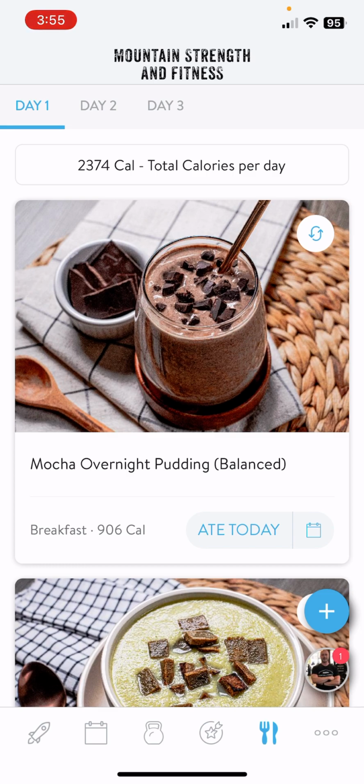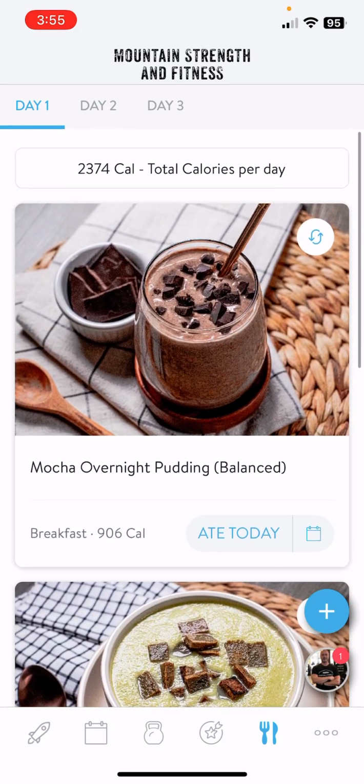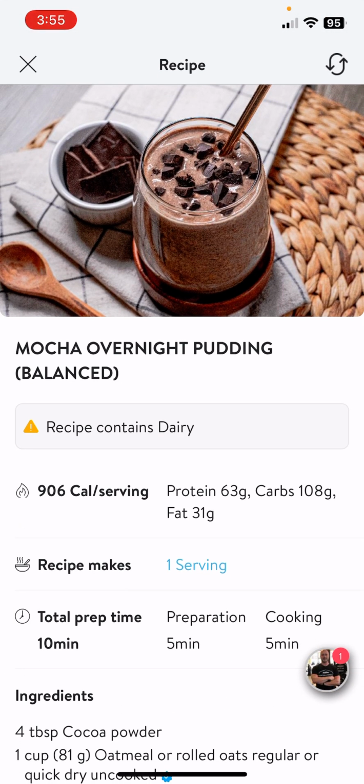It's usually a range, say like 2,300 to 2,400, depending on the calorie target assigned to you by your coach. It's going to look different for everybody. So here we have a sample meal plan provided automatically by the app. We don't have to eat these foods. These are options. If you click one of these foods, press on the photo, it'll give you everything there, including